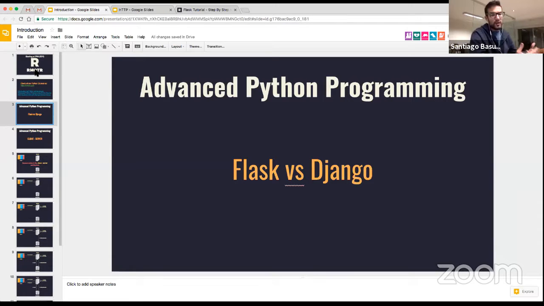So in regards to web frameworks directly, we focus on the two most common web frameworks, Flask and Django. There are others which are also good. I can name Bottle, I can name CherryPy, I can name Pyramid, but maybe the two most known frameworks are Django and Flask. And we actually use Flask